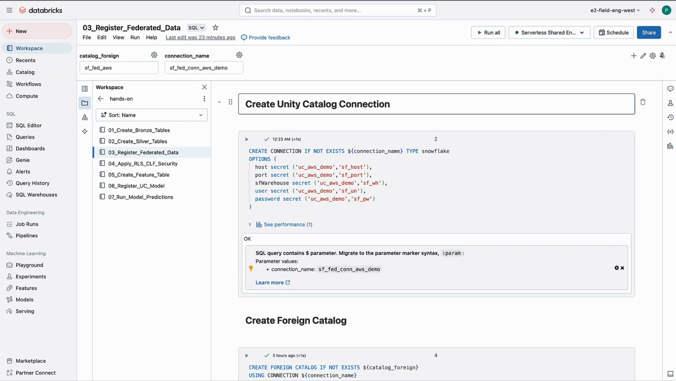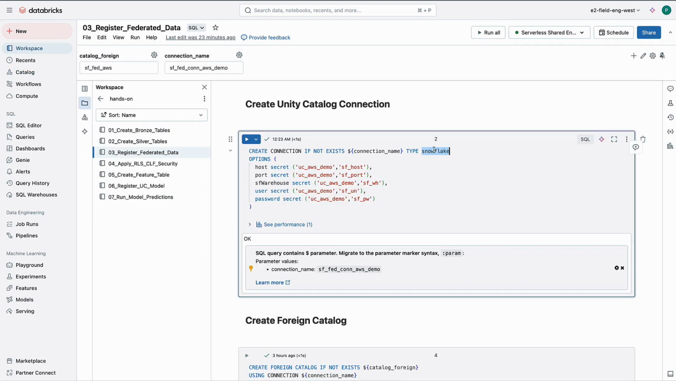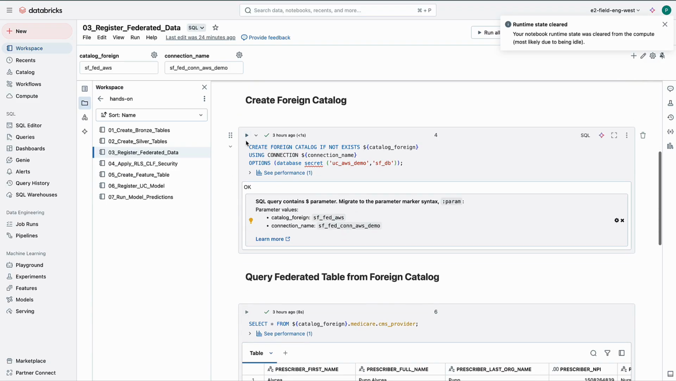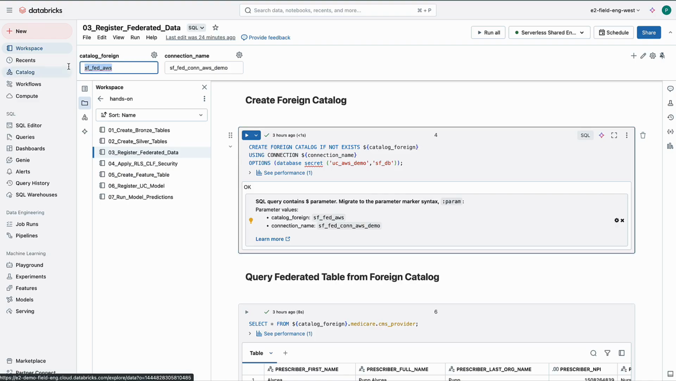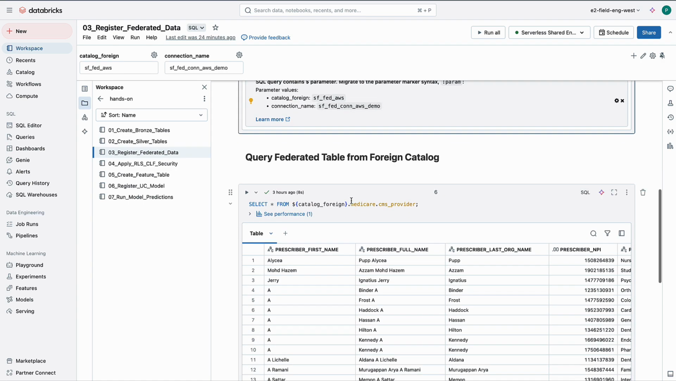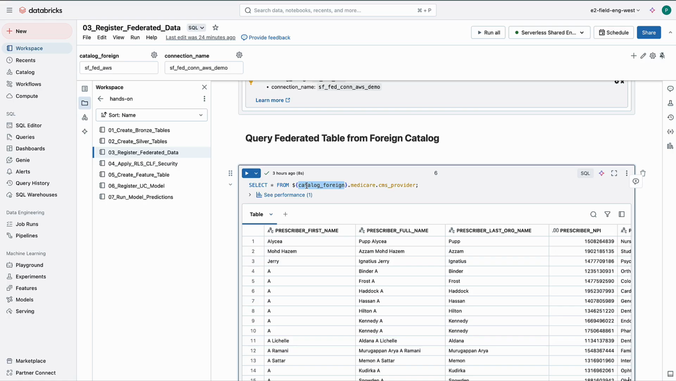here. So if I go back to my notebook, here I'm going to create a Snowflake connection, and I'm just using some Databricks secrets here so they don't have all that information in plain text. So I can create my connection, and then I can create my foreign catalog. So what I just showed in the UI, here I'm just doing that programmatically to create this SF Fed AWS catalog here. So I can go ahead and create that catalog, and now I can select from this catalog here